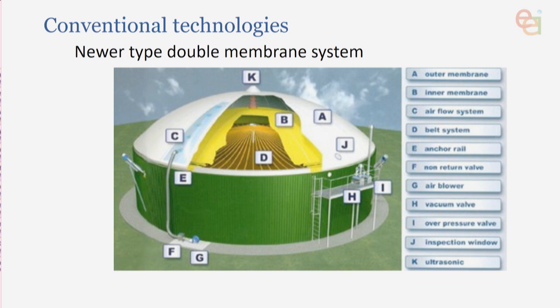And you can see here they've got double membranes. The bottom one, inside the bottom, basically collects all the biogas. This is the biogas collection system. And in between the outside and inside one is where they actually